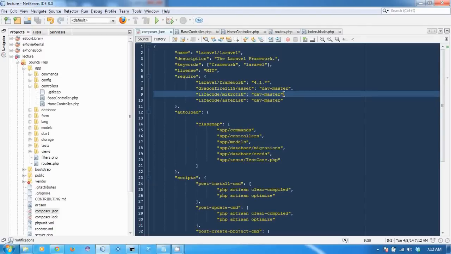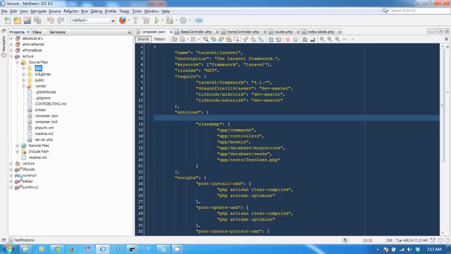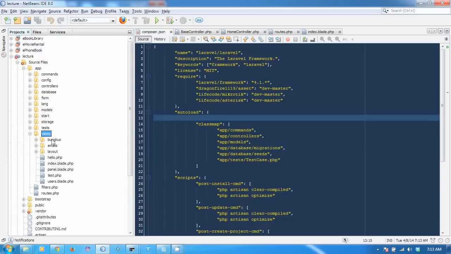Hello YouTubers. Now I want to share with you how to make Laravel version 4 use a namespace in the controller. Okay, this is my Laravel fresh installation. Not so fresh because I have changed the layout in here using Bootstrap.